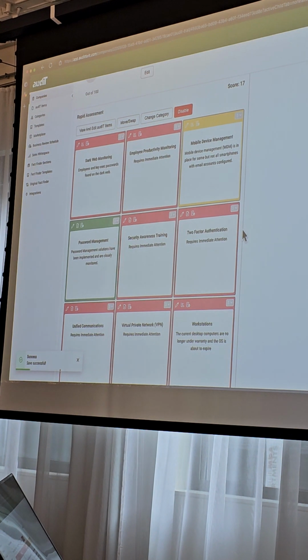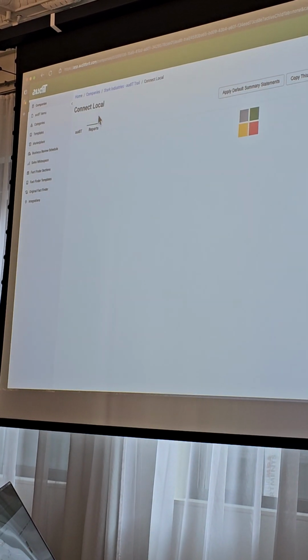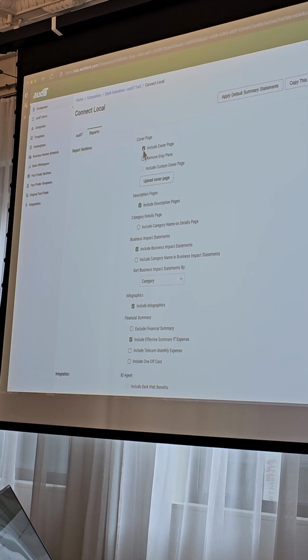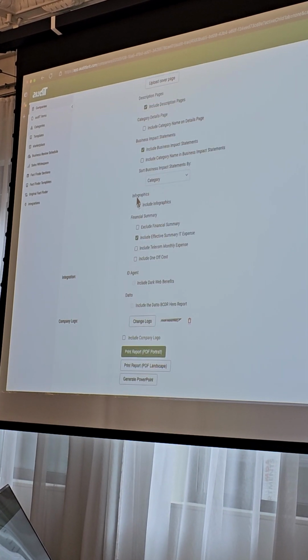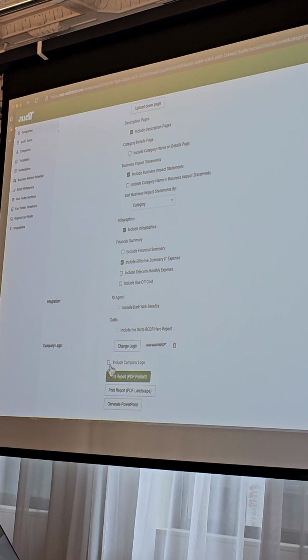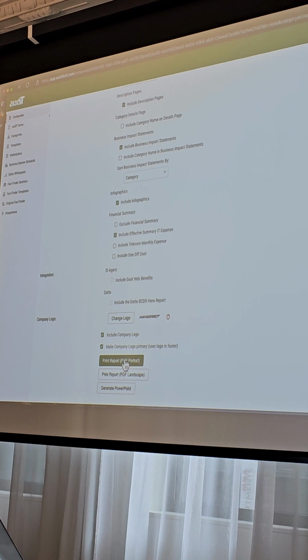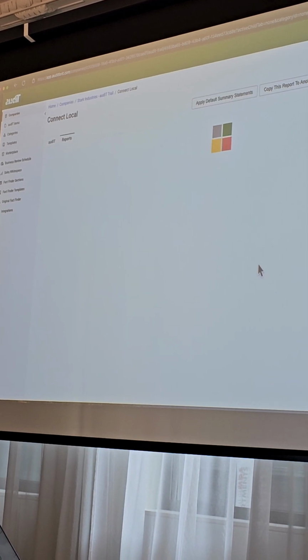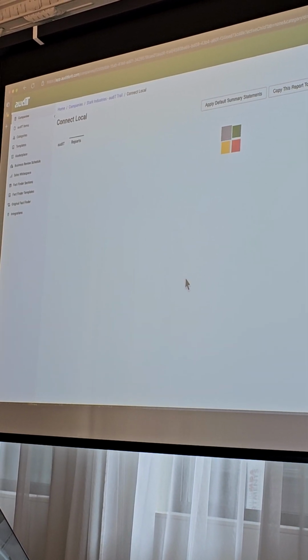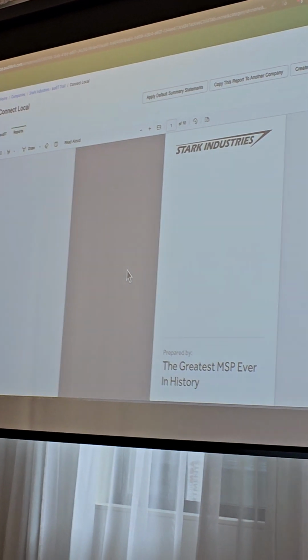So once we enter a few summary statements, we're ready to print a report. Go to our reports tab. Everything is customizable in terms of what you put on that report. You can put your own cover page, you could upload a custom one, you can put the client's logo on that page. We can export it to either a PDF or PowerPoint if you're presenting remotely. But super easy. A few seconds later, we now have a PDF report we can print out